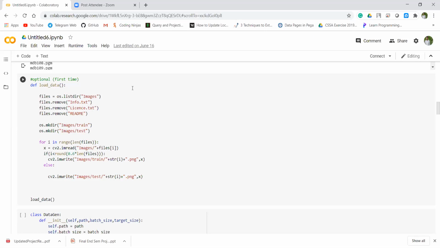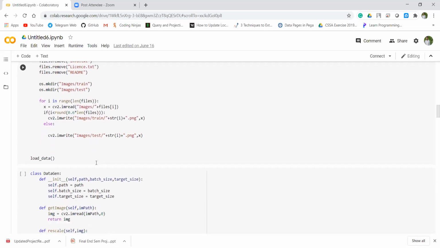Okay, now over to you, Ayush. Okay. Now the function is created: load data removes the useless data and divides the data into training and testing. Using for loops and if conditions, the data is split into 60% training and 40% testing data set. After that, the defined function load data is called on the data set.